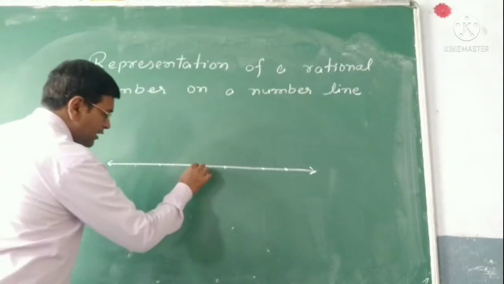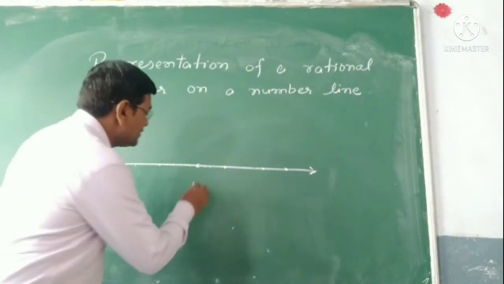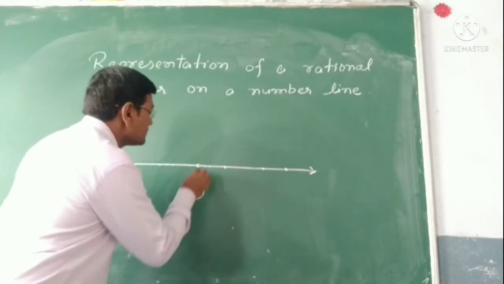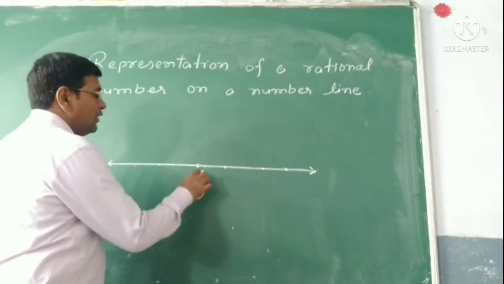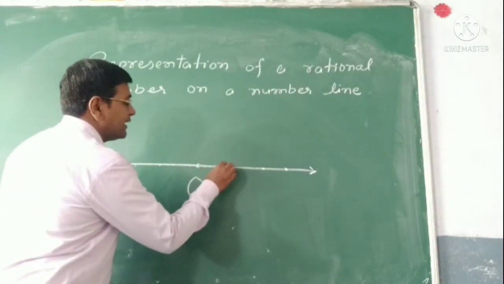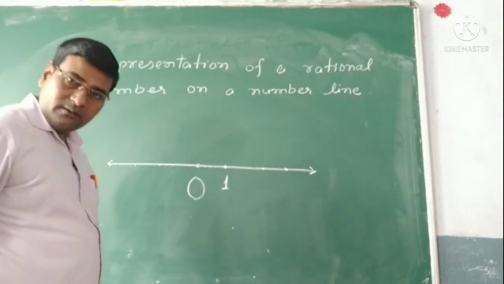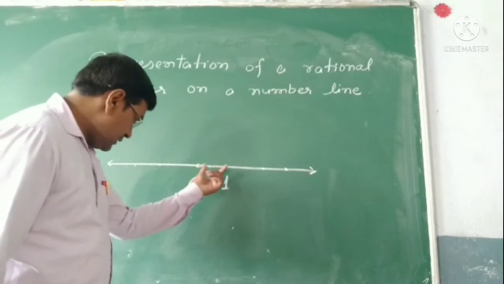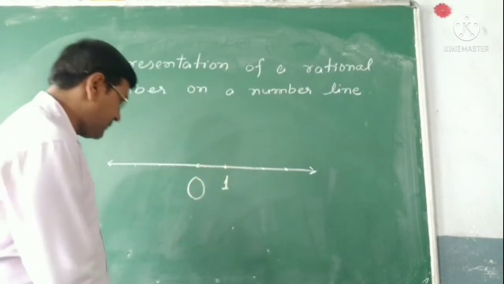Now I am taking any one point and suppose this represents 0. This point represents 0. We can take it. Now at some distance there is a point which represents 1,